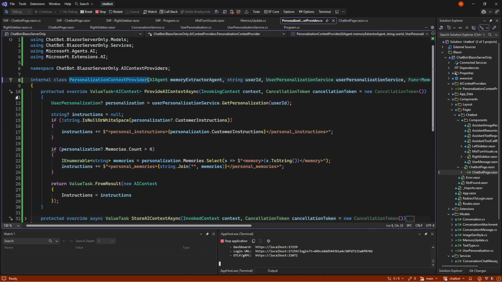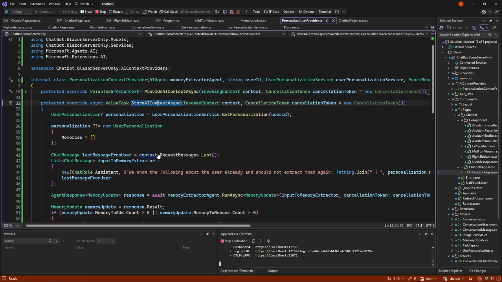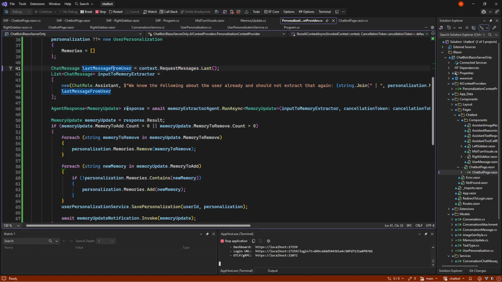The other part of this is the store, and that's where we actually use the AI. Again, we get the personalizations we already have, and if we have none, we just create a new personalization object. Then we go into the chat message that has just been sent to the LLM and get the last message from us, meaning if it was where do I live, or my favorite color is blue, let's say.